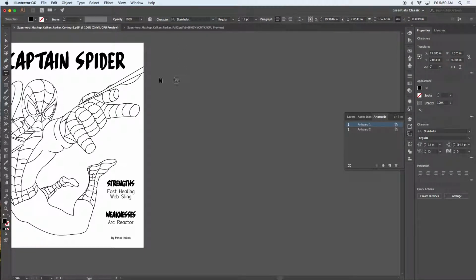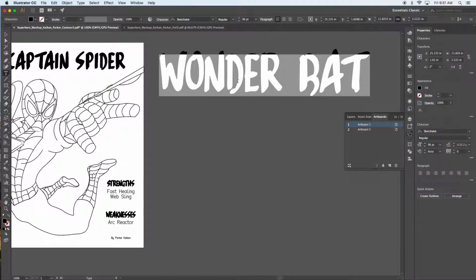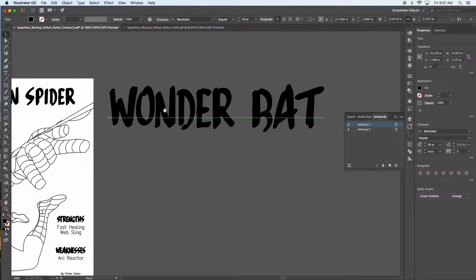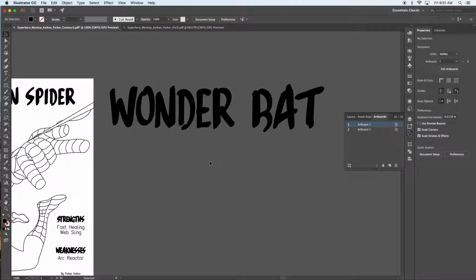And I'm going to put Wonder Bat. Let's see how much kerning Wonder Bat needs. I'm just going to make it real big so we can see it. And so kerning is the space between letters. If you look at the space between the W and the O and the O and the N, and you start to really kind of eyeball what that looks like, you might notice where some feel squishier than